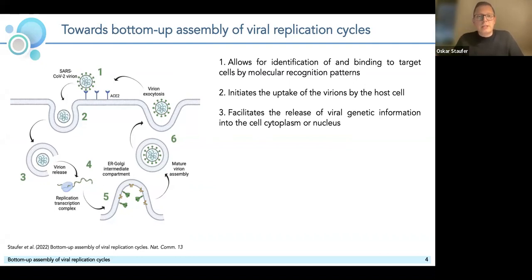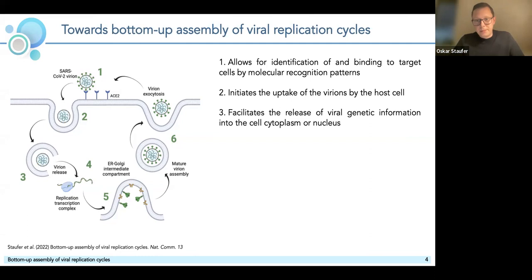And I just want to summarize these individual modules for you, which essentially start with a module that's usually found on the outside of a cell that allows for the identification of specific binding sites on the surface of host cells. That's essentially a module that would bring specificity to the infection process. This is followed by a second module that would initiate the uptake of the virus particle into the cellular space,